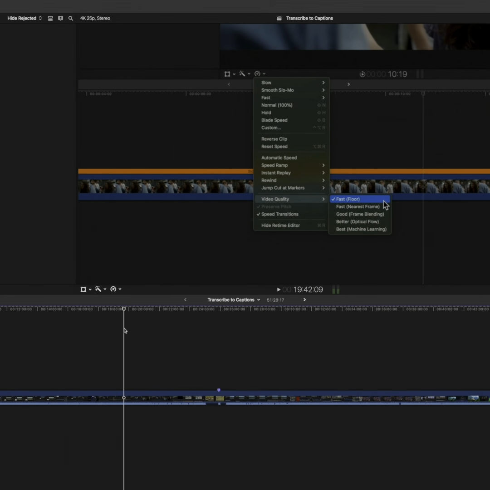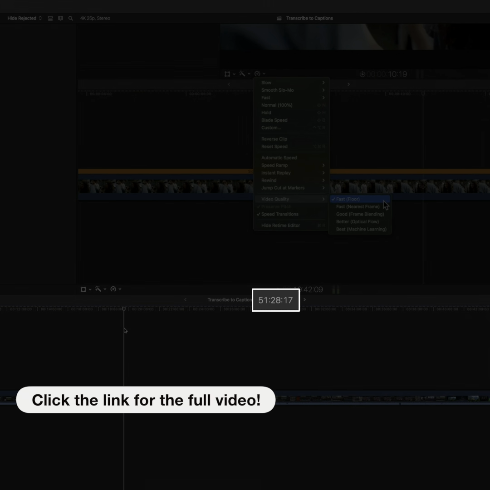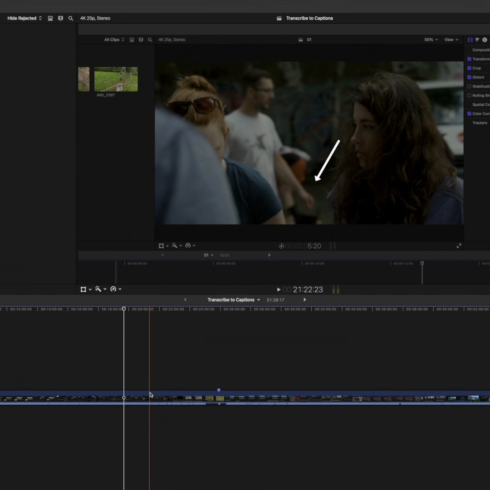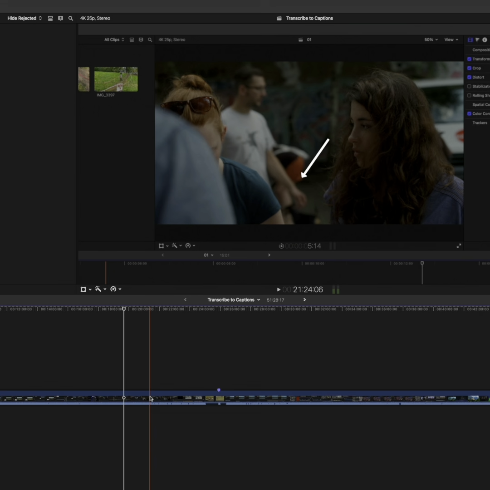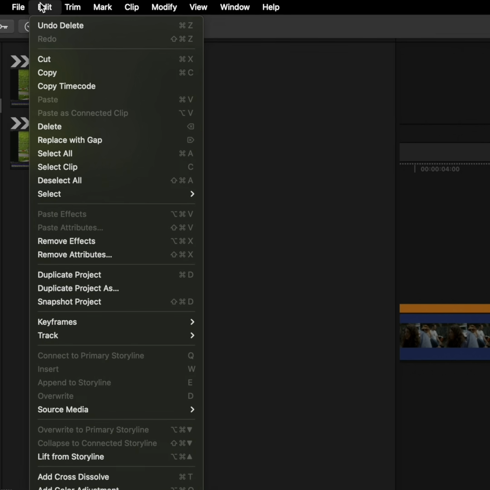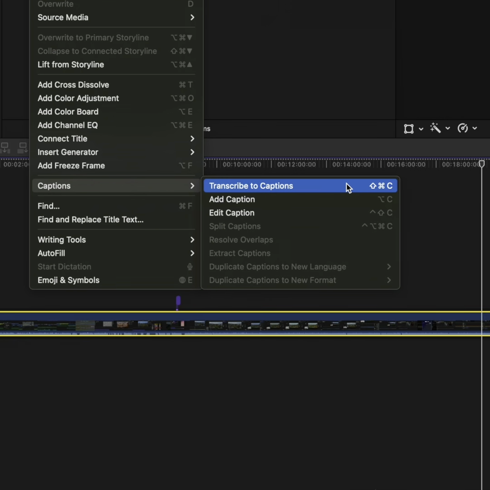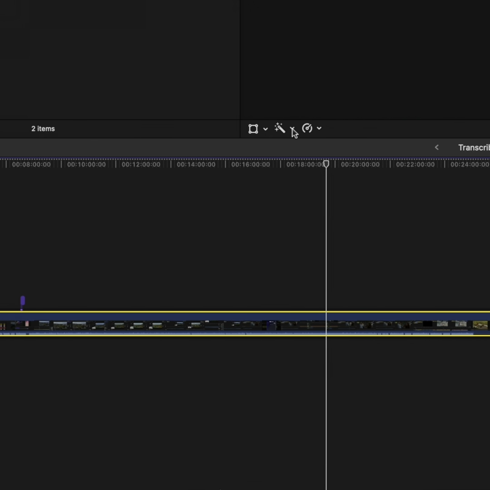Here, for example, I have my last video covering everything in Final Cut 10.8 that is almost 51.5 minutes long. To transcribe this, there are multiple places where you can find the command. You simply select Video with Audio or just an audio clip, and either look in the Edit menu where it has been added to the Captions submenu, or look in the Enhancement menu under the Viewer,